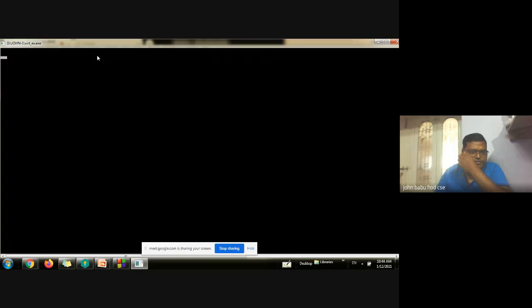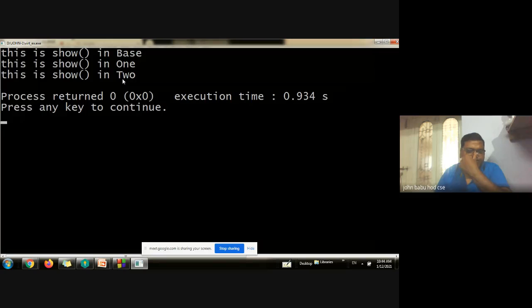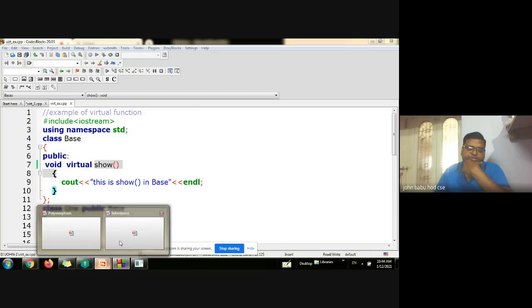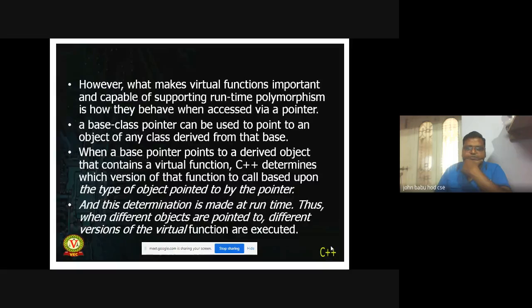This is show in base, this is show in 1, this is show in 2. The main use of virtual function is when you use virtual functions, you can access the objects. Virtual function is just like an ordinary function, but it is important because it is capable of supporting runtime polymorphism